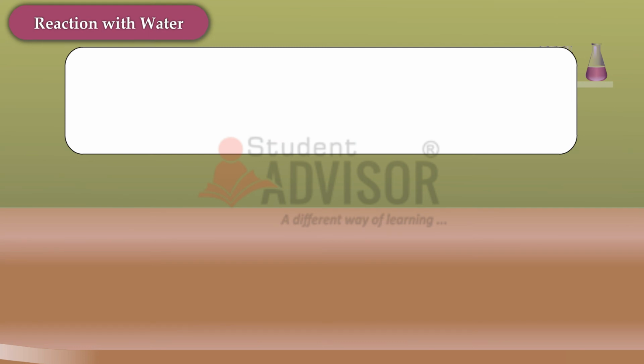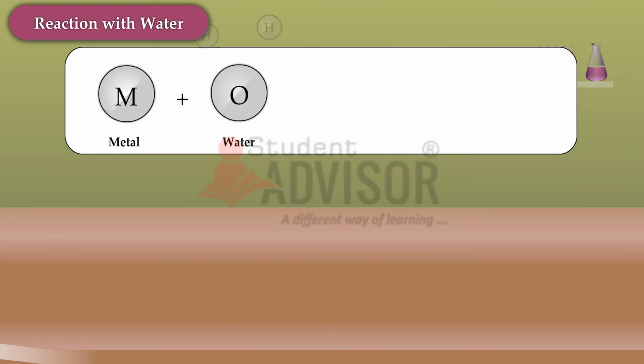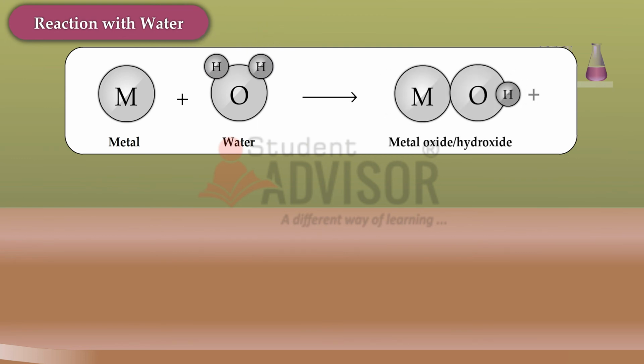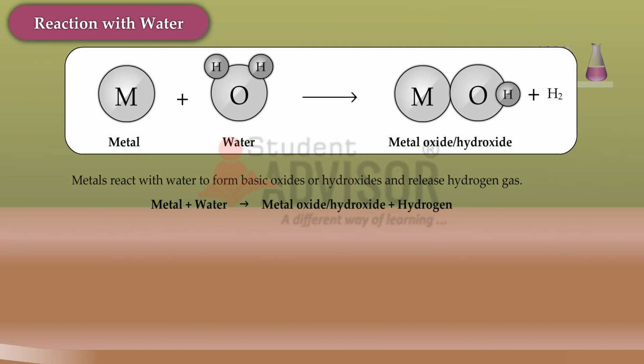Reaction with water. Metals form basic oxides and hydroxides on reacting with water and release hydrogen gas. Metal and water gives metal oxide or hydroxide and hydrogen. Some examples are: